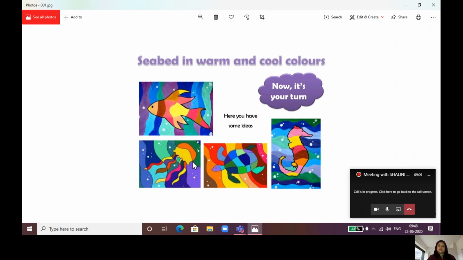For example, in all these pictures you can see underwater creatures. All the fish and creatures are here in each and every picture, and the background. But what is the difference between three images and the fourth image over here? In these three images, the seahorse, octopus, and fish, the main objects, are in a warm color scheme, and their respective backgrounds are in a cool color scheme, because water is always very soothing and calm, as we discussed, right? So it will come in the cool color scheme.